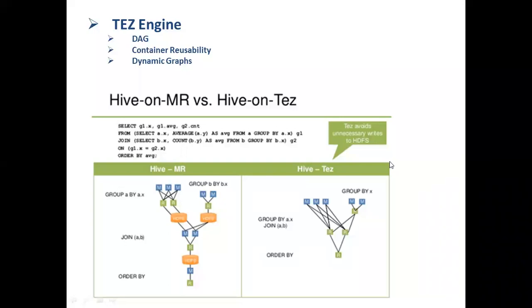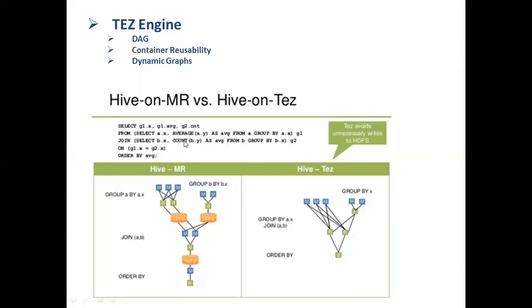The next advantage is dynamic graphs. Tez gathers runtime information like data samples and their sizes. The execution engine uses the data collected by such modules to optimize and reconfigure the execution plan at runtime. So we can run the query in a more optimized way that reduces the execution time.